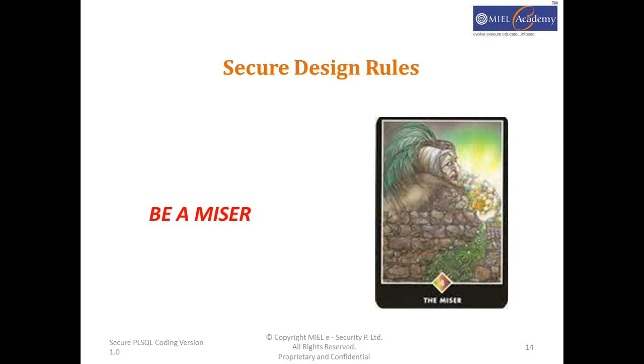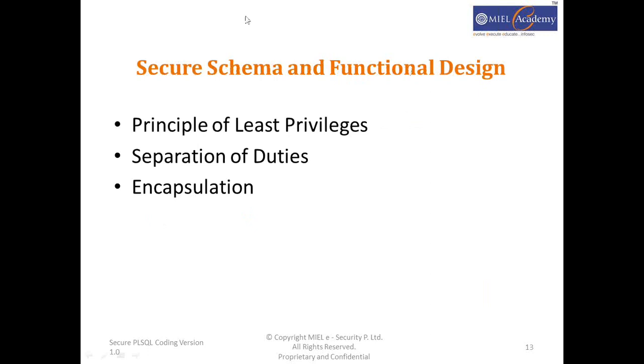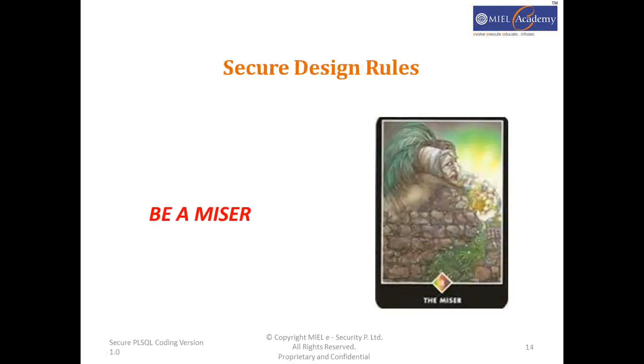Always create a dummy user, and grant only the bare minimum required rights to this dummy application user which is created on your database. This will also bring in the separation of duties. Your owner is something else. Your operations execute, that is your functions and procedures execute with owner's privilege, and this application user has only execute privilege on these functions and procedures, so it cannot even modify the code of these functions or procedures or see it.